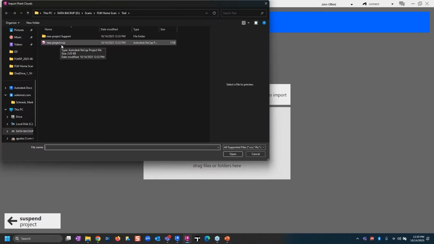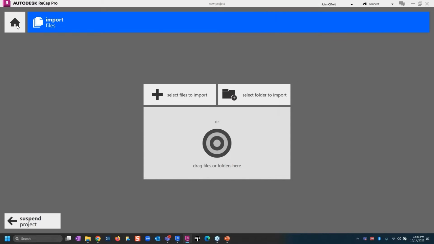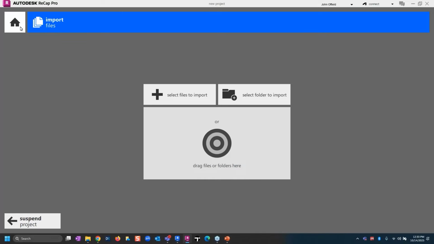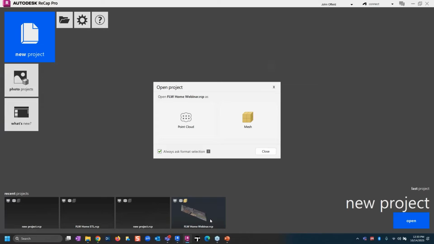It does that conversion process, it creates it. So any of your Autodesk programs can actually utilize this if they use the point cloud insert component there. So that's what really all of that is going to do there. I want to go ahead and cancel that. And so once that project is done, I'm just going to come back into that